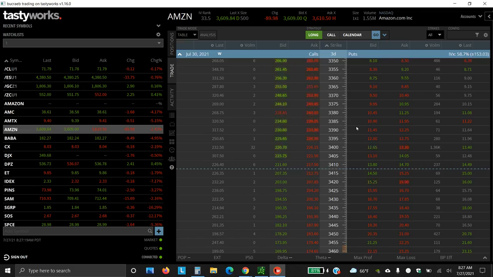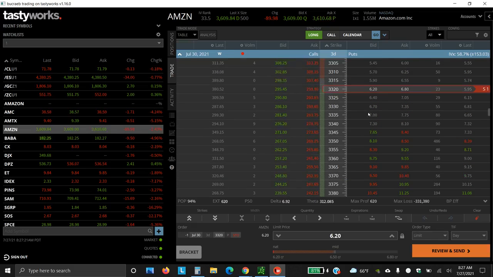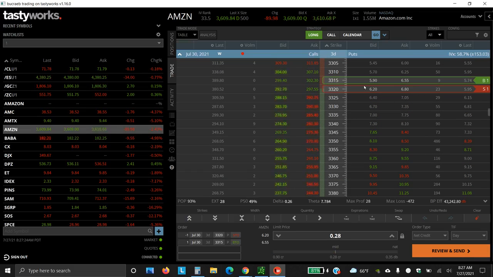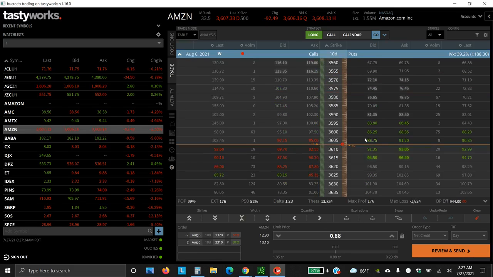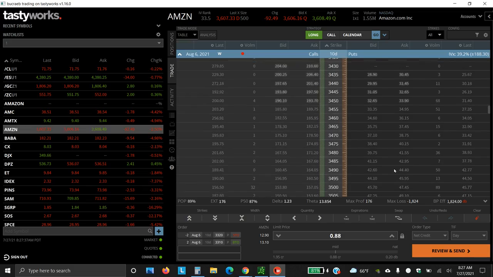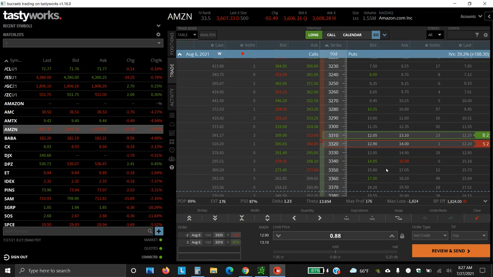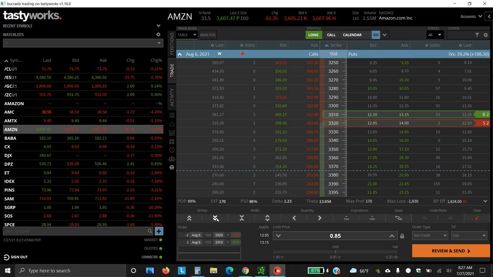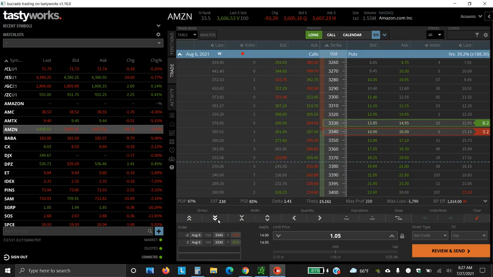Let's see what this costs. Yeah, that's not good. Let's go out. What I want to do is go to the next expiration and see how much it's going to pay. $166 profit. Let's go a little bit in to increase it. What I'm looking for is probably 25%. This is going to be 25% of this.